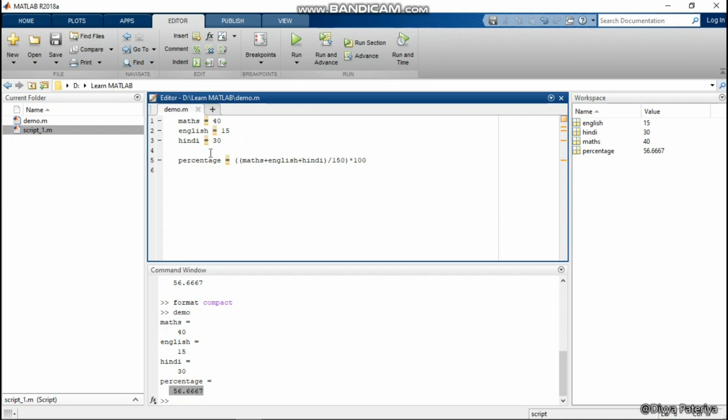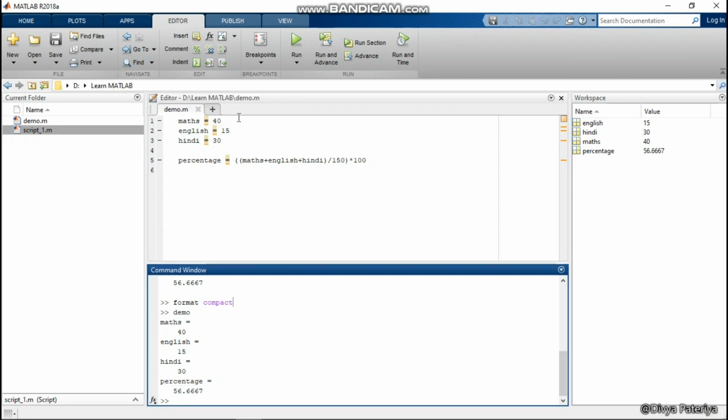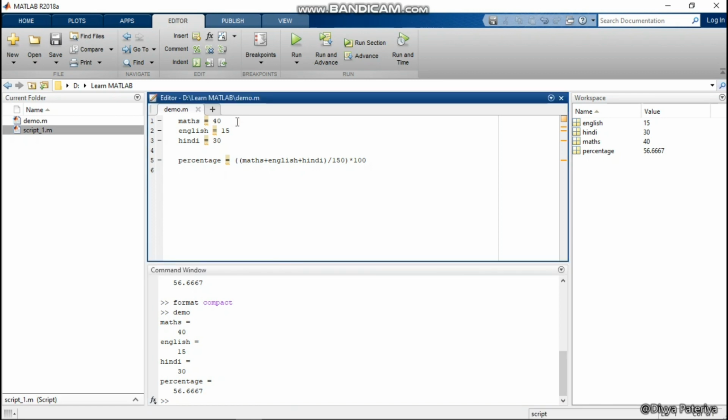Now we can also see these red underlines just below the equal sign, and also these orange highlights here. This is because if I am not putting a semicolon after every command, the result of each and every command is going to appear inside the command window. That means if I give a semicolon after 40, the red underline will go away, and also I have made changes after the file was saved, so the star has begun to appear.